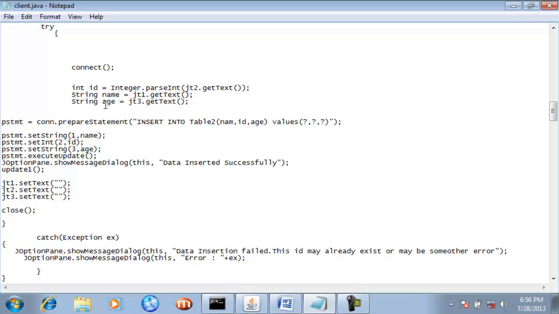And guys, name is the variable that we have created here, id is the variable that we have created here, and age is the variable that we have already created here. And we know that all three variables are holding the data that we have given in the form. So in this way, guys, you will write these statements. And now, pstmt.executeUpdate. executeUpdate is also a method which is existing inside the PreparedStatement class. With the help of this pstmt.executeUpdate, we will be transferring our SQL statement from the Java application to that MS Access database.